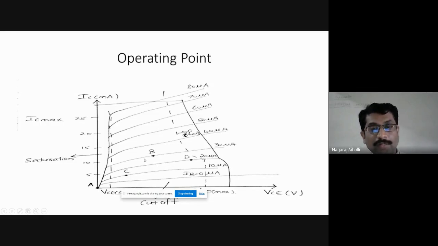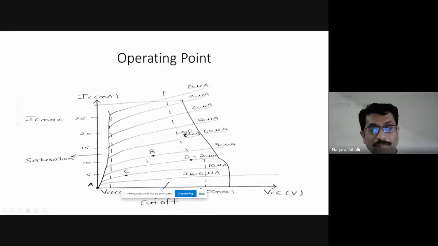Now when we come to operating point B, that is in the exactly central portion, operating point B is called the active region. This operating point B is the point where we have proper amplification of the positive and negative portions of the applied signal, right? And the output obtained is also linear. There is no distortion when the operating point is at point B.